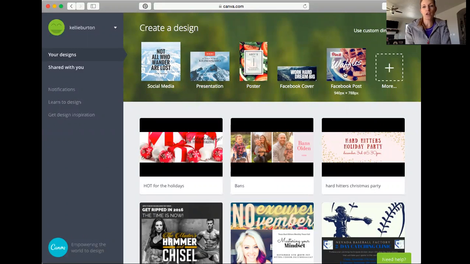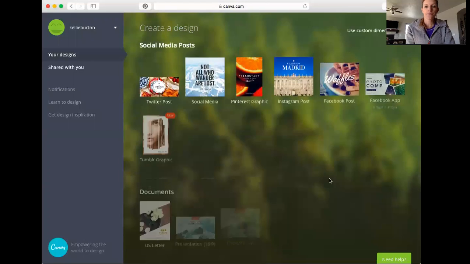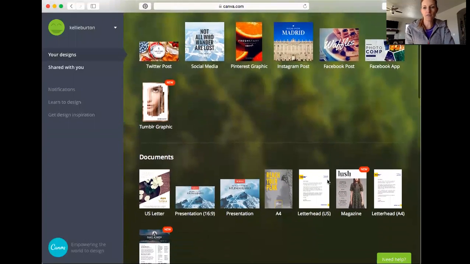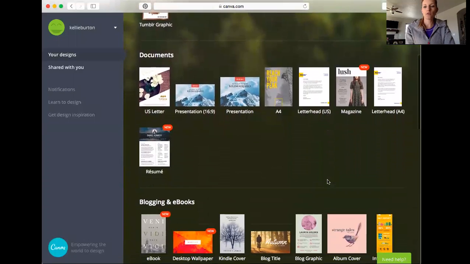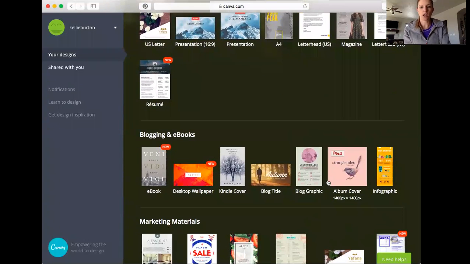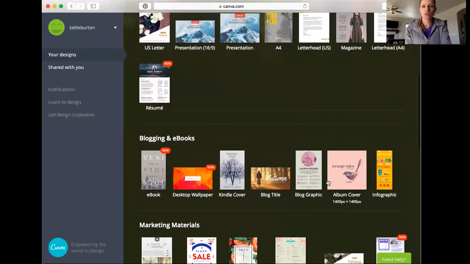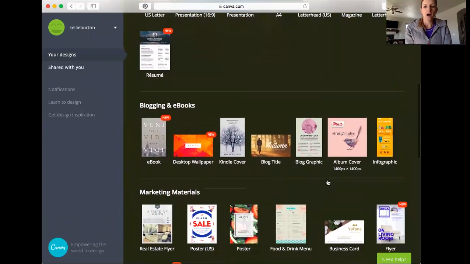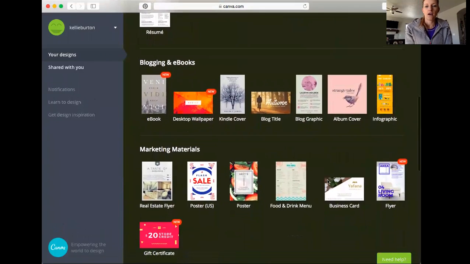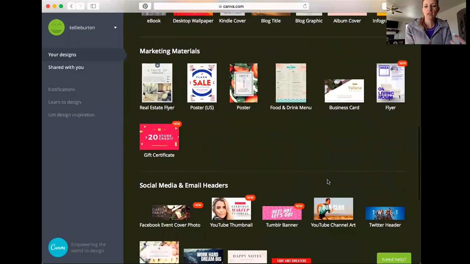Like I said, you can create a Facebook post, a Facebook cover page, or other social media pictures that you just want to use. Also, if you click this plus sign where it shows more, it's going to open up a ton of other options you could make. If you're working another job, you could use canva.com to create presentation pictures, blog graphics, posters, gift certificates,